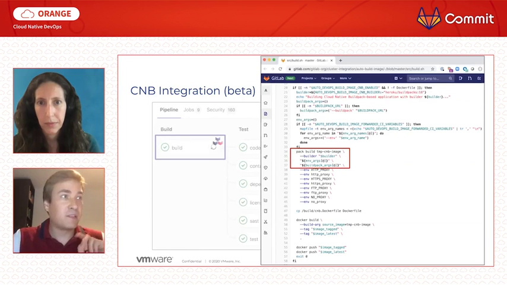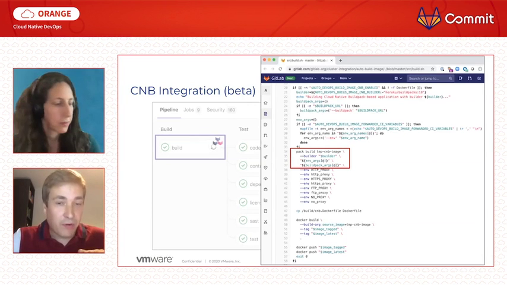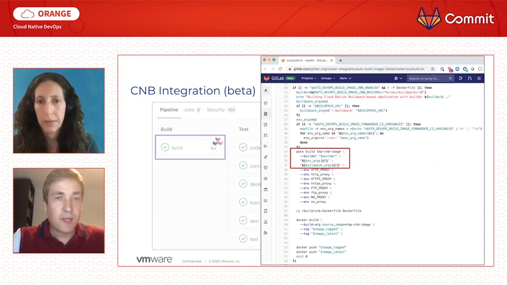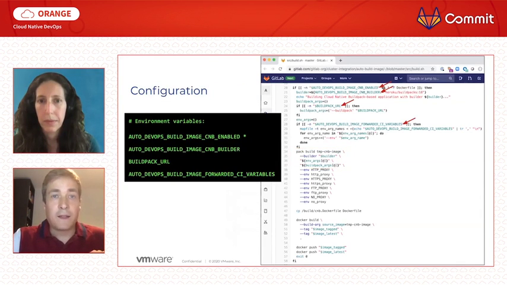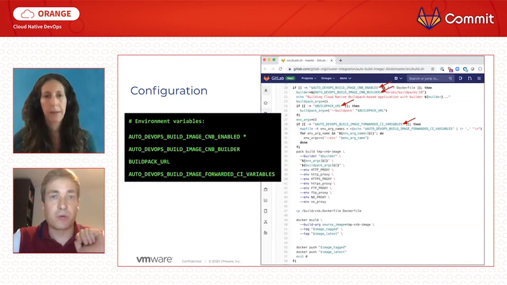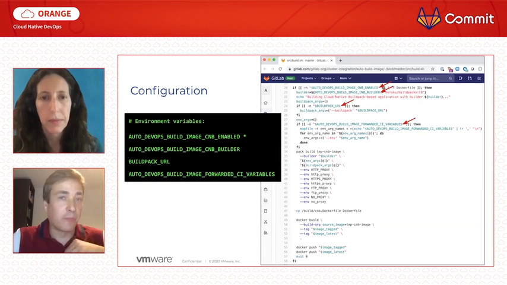In that sense, it's very similar to Spring Boot auto configuration if you're familiar with that framework. Manipulating that default behavior is also fairly straightforward. We've got a number of variables at our disposal here. The first one enables CNB, or Cloud Native Buildpacks, beta functionality and turns off the use of Herokuish for building images. And this is the only required flag or variable if you wish to use Cloud Native Buildpacks in GitLab